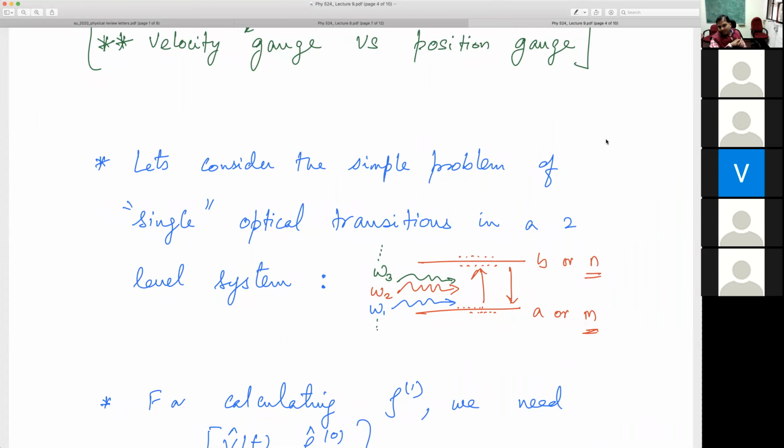Okay. So, very good question, because right now I have not defined it. It will turn out that what I call a single optical transition will involve first order changes in the density matrix. So the first order correction, which depends only on one power of E or A, etc. Those processes only involve single photon processes. That connection I will make below, but in advance, I am calling them single optical transitions.